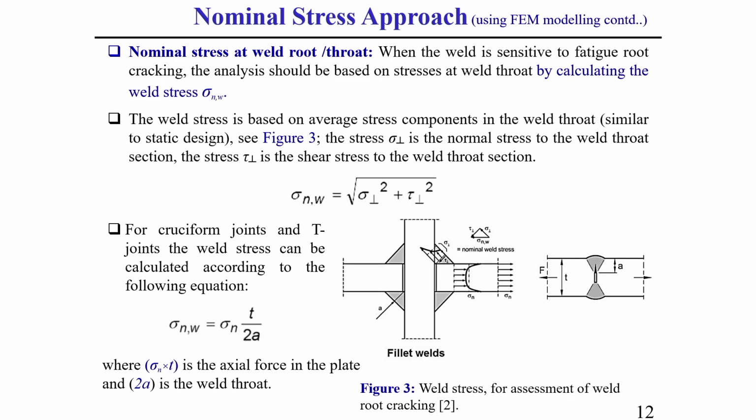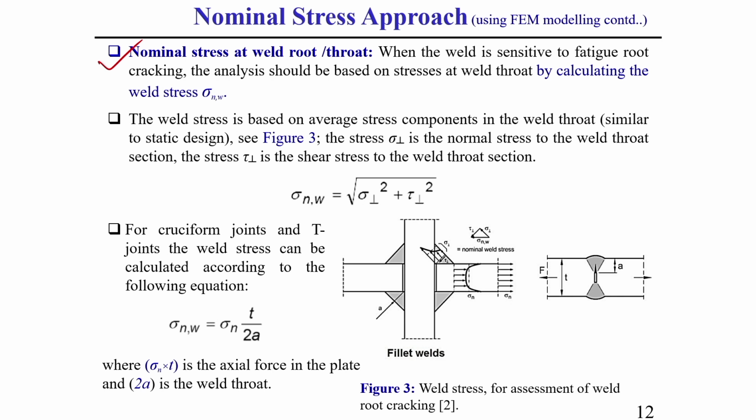So, this is the weld toe zone. How to calculate nominal stress there, I have already shown, both for butt weld, as well as for simple geometry and complex geometry at the weld toe zone. Now, nominal stress we can also calculate in the weld root zone. So, how to calculate this, that I am just going to discuss.